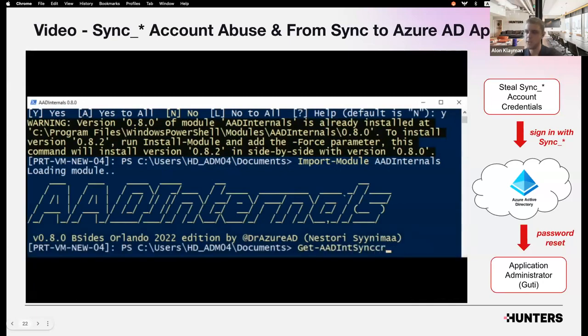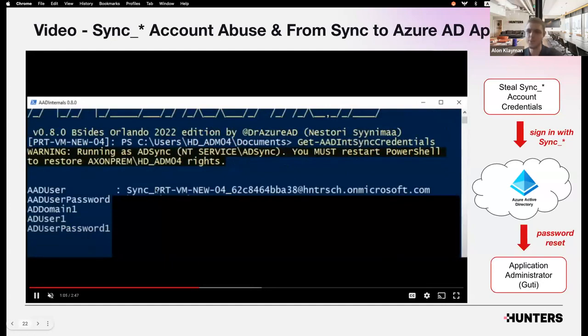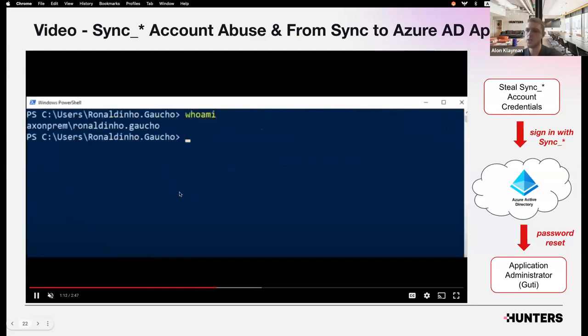We blurred the credentials actually, but you will see part of it. But you have to trust me, those are the credentials of the sync user account, and the MSOL user account was right beneath it, okay? So basically now the attacker has the clear text credentials of the sync user account, which is a great thing